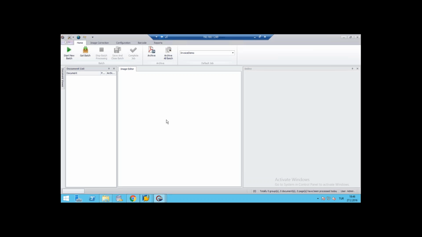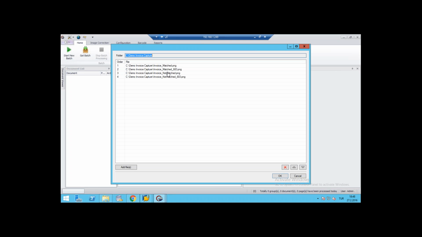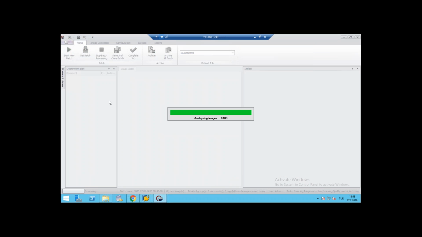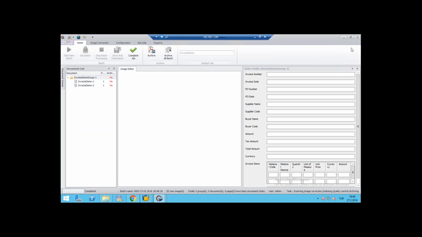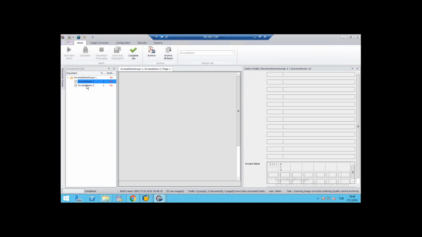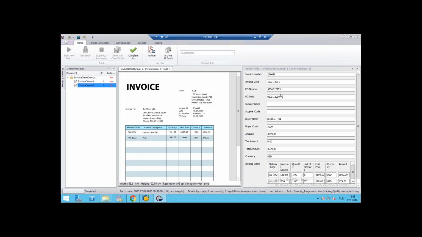I want to show you the interface of capture, and I will use just two of them. I'll use the last invoice documents to digitalize the operation. Yes, we can see the invoice documents that are captured, and all fields are digitalized